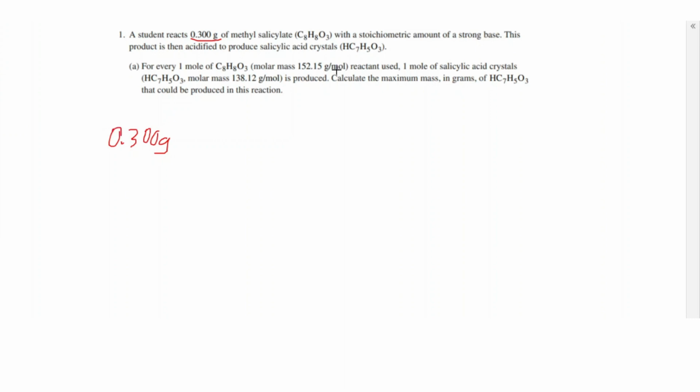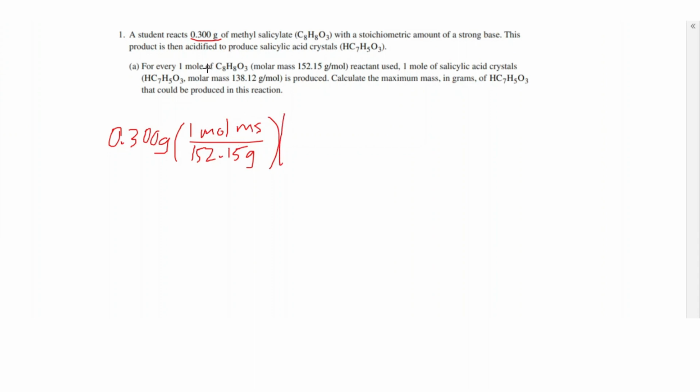So to get to our salicylic acid, we have to convert using moles. So we'll have to get to moles of methyl salicylate. So we're going to convert to moles. So I'm going to just call it MS because it's methyl salicylate. And for 1 mole of methyl salicylate, we have 152.15 grams per mole. The grams are going to cancel out, and we're going to be at moles of methyl